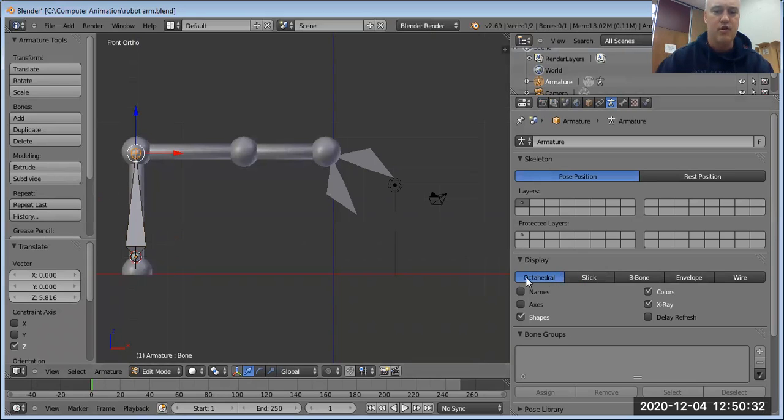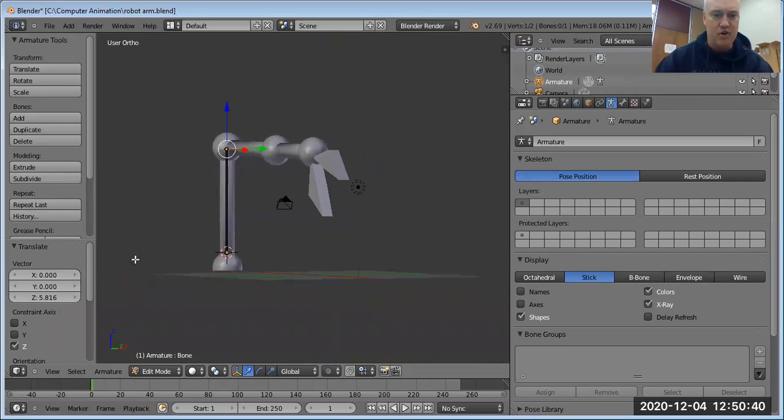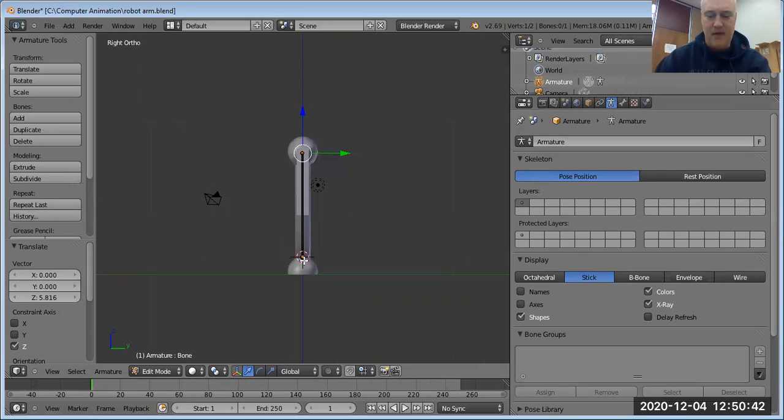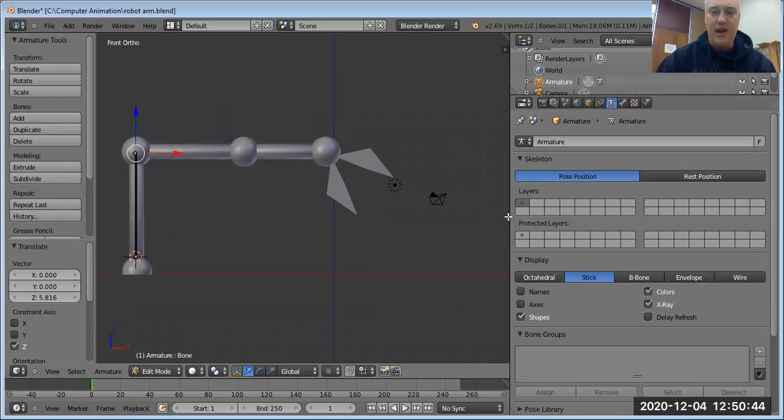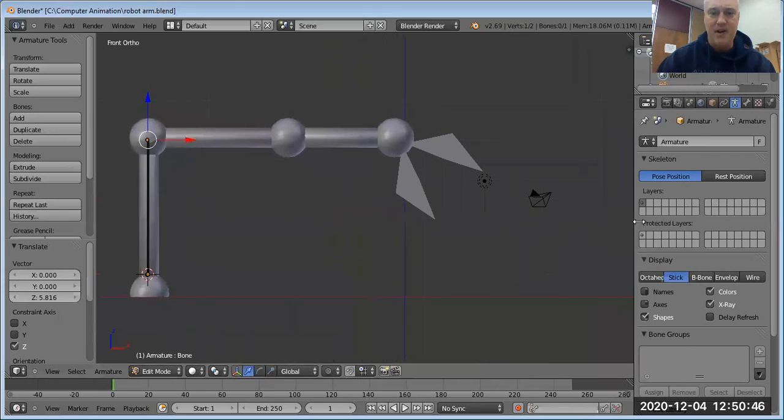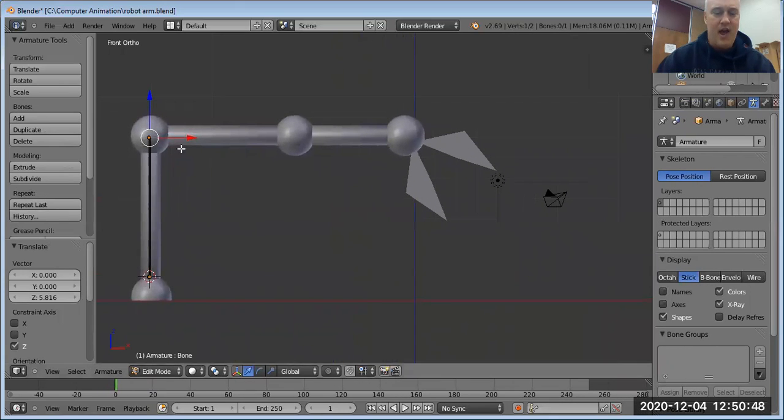So rather than have octahedral, I choose a stick. I just find it a little cleaner, easier to work with. Now what I want to do is go and look from side view and make sure that in fact I have this right smack in the middle, which I do. Then I'm going to pull this over to the side a bit now that I have it on X-ray and stick. And while I'm in edit mode, I am going to drag this up to the spot where